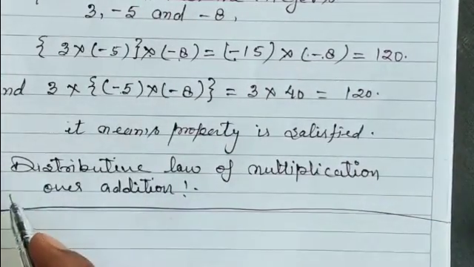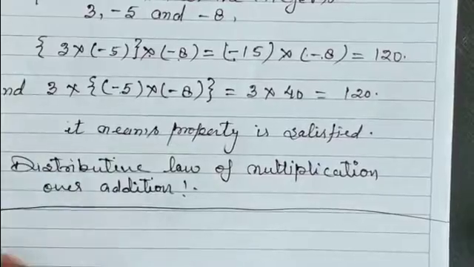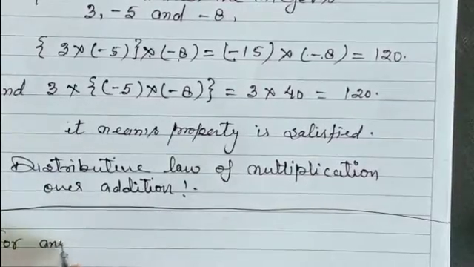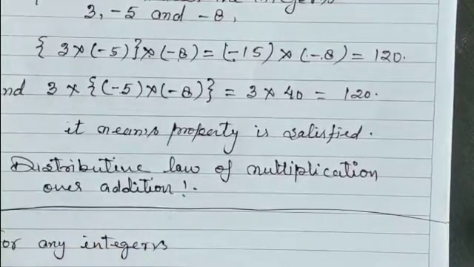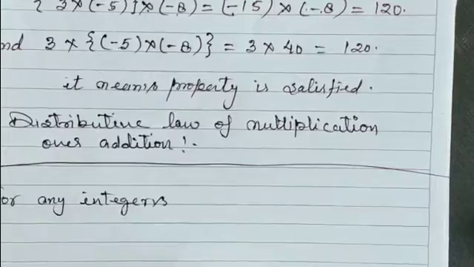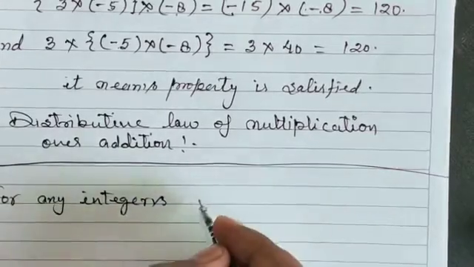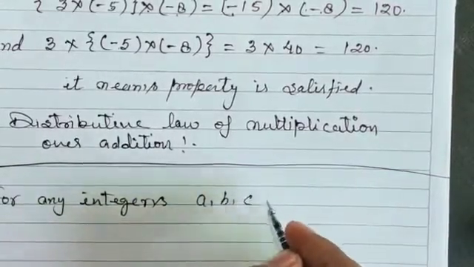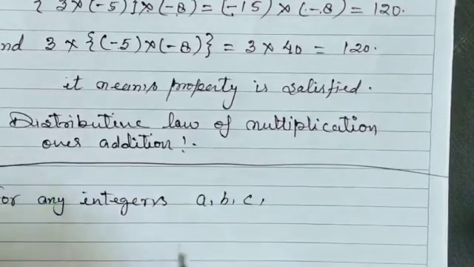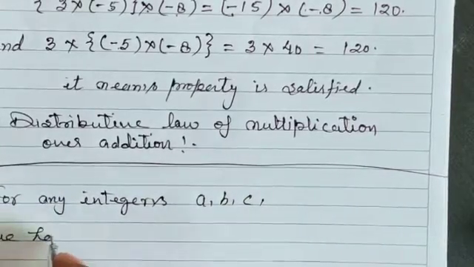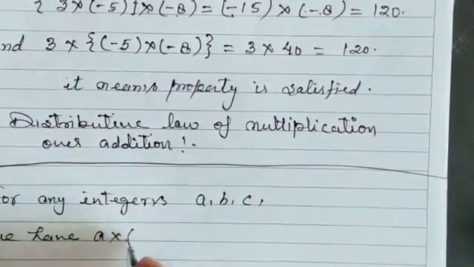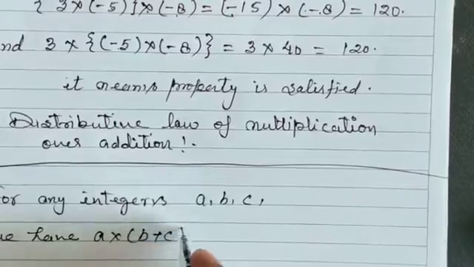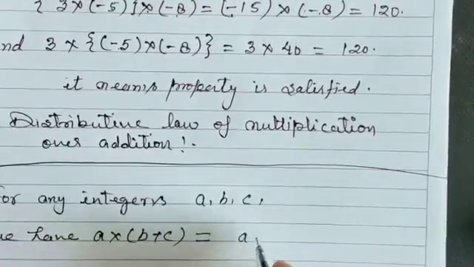In this property, for any integers a, b, c, we have to satisfy a into (b plus c) is equal to a into b